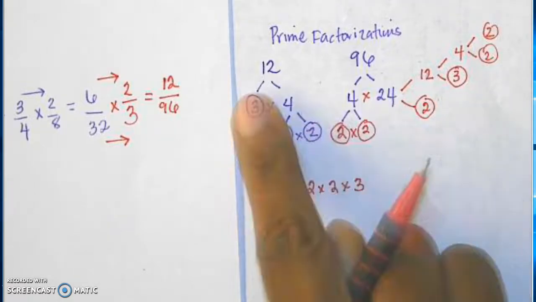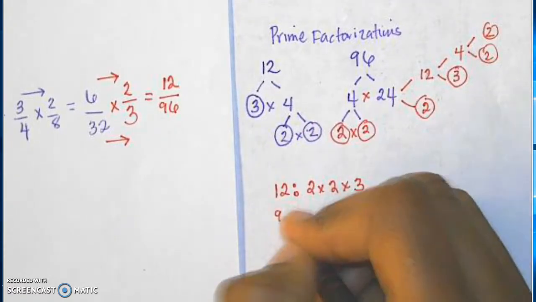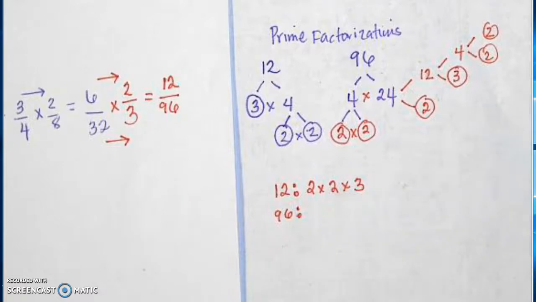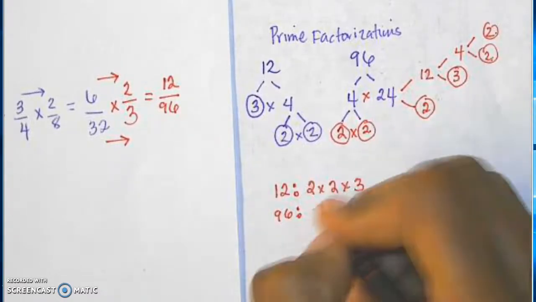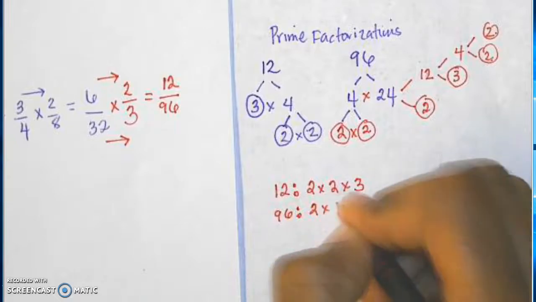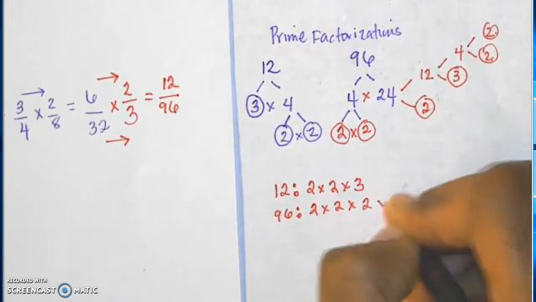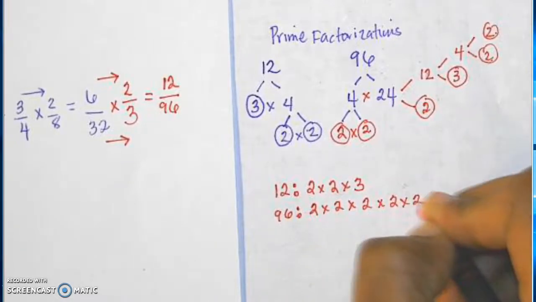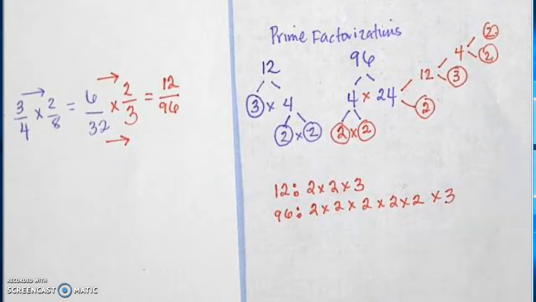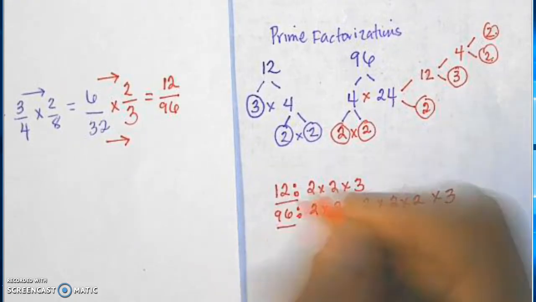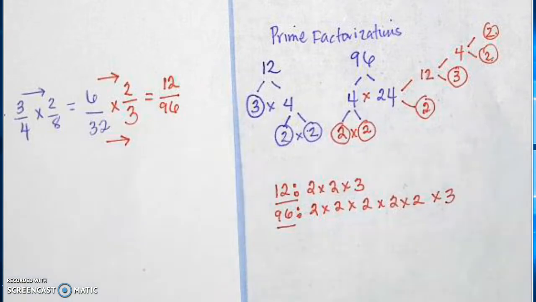That's all I have. My prime factorization for 96 is much greater. Let's see how many 2's I have. 1, 2, 3, 4, 5. I have 5 2's. 2 times 2 times 2 times 2 times 2 times 3. I have 1 3. So what we're doing when we're looking at our prime factorization to get our GCF, we're